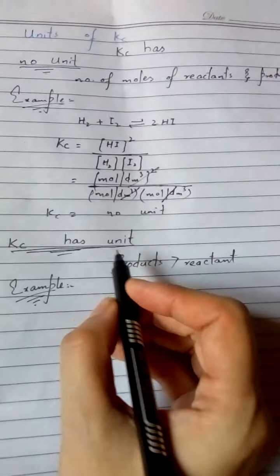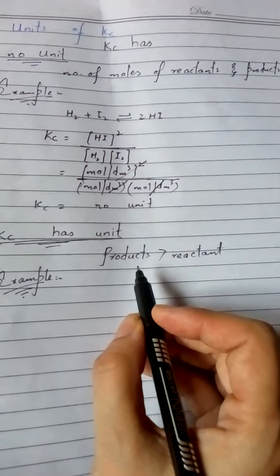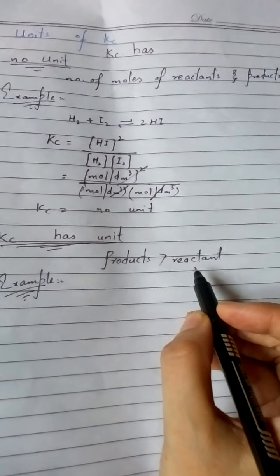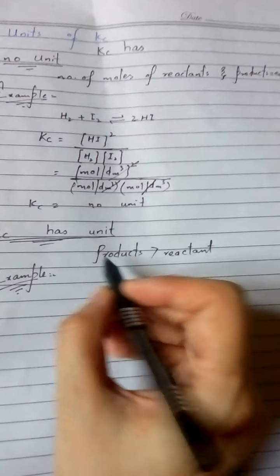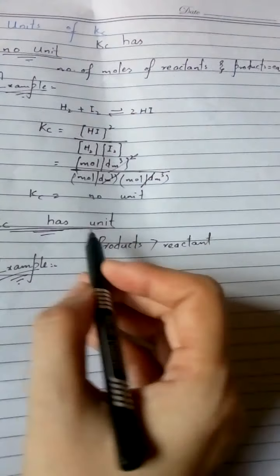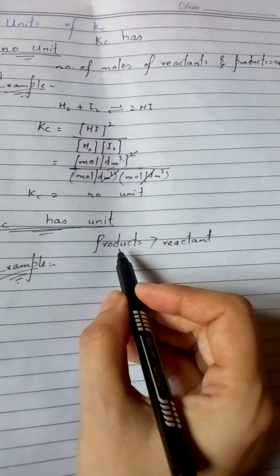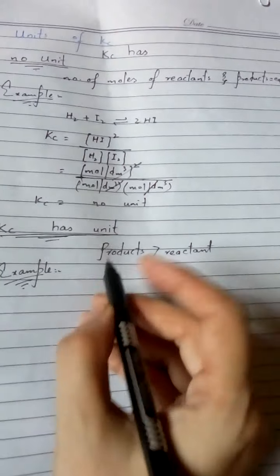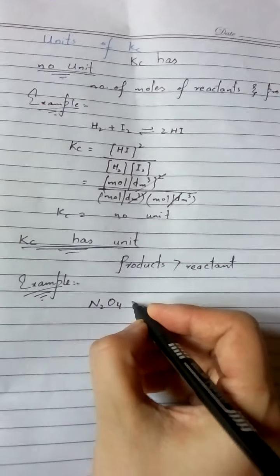Similarly, Kc has a unit when the number of moles of products is greater than the number of moles of reactants. Here, when the number of moles of products is greater or less than the number of moles of reactants, then Kc has a unit. For example, in this case we will study that if the number of moles of products is greater than the number of moles of reactants, then Kc has a unit. For example, N2O4,